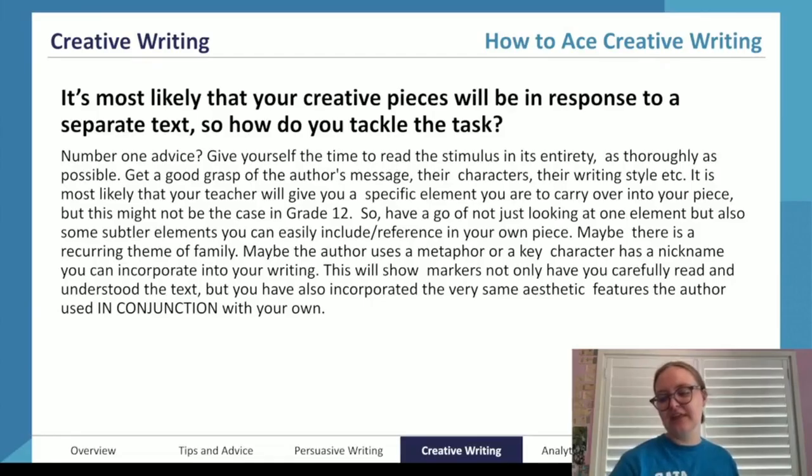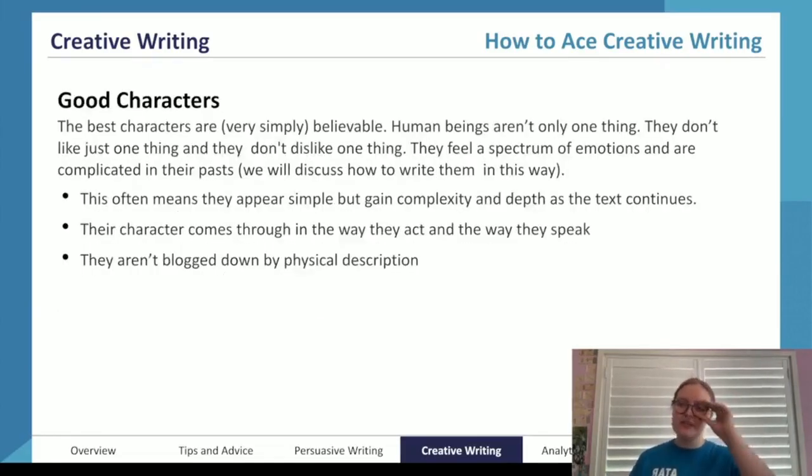All right. The most important element of a piece of creative writing is good characters. I've said it once, I've said it a million times, it is absolutely true. Good characters, they are the vessel of the story. If an audience can't connect or relate to a main character, then they're not actually going to be interested in the deeper message that you're trying to tell.